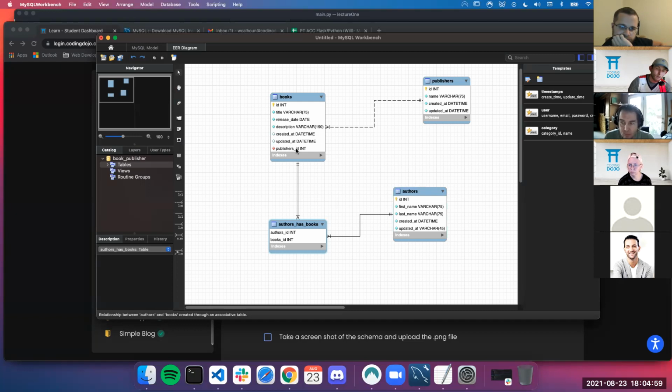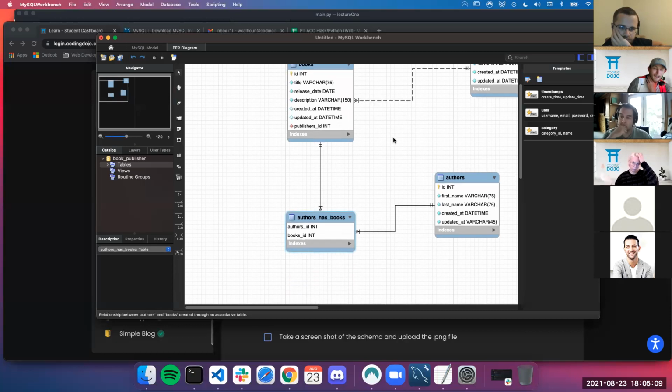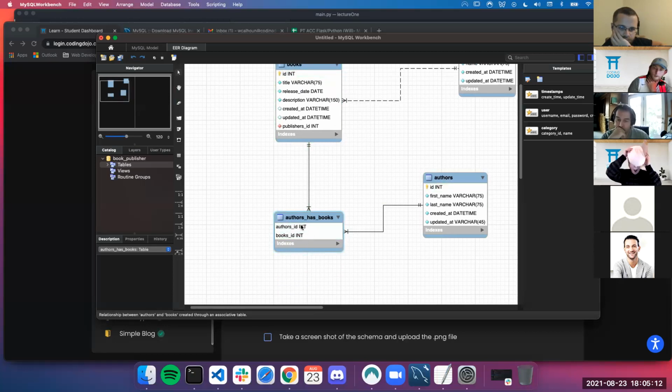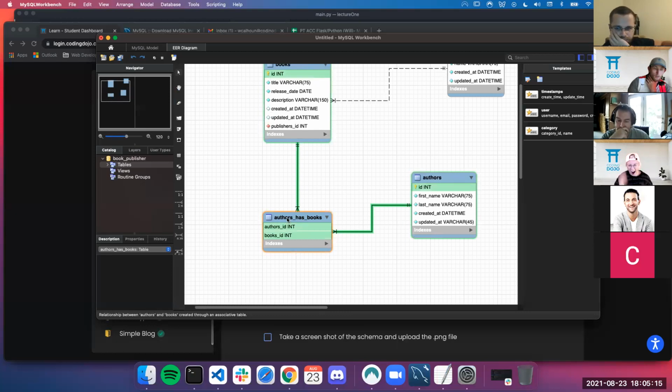And for a many to many, there's not a really good way for a foreign key in that instance. A foreign key cannot be like a list, right? And so let's say my book does have many authors. Well, I can't create a list within my foreign key. So what a many-to-many does is it actually creates this third table here. Here it says authors has books. It's because I clicked on authors first and then went to my books. And this third table is what actually keeps track of my author's ID and my book's ID. It's what creates our relationship. Anytime we do a many-to-many, it creates a third table automatically